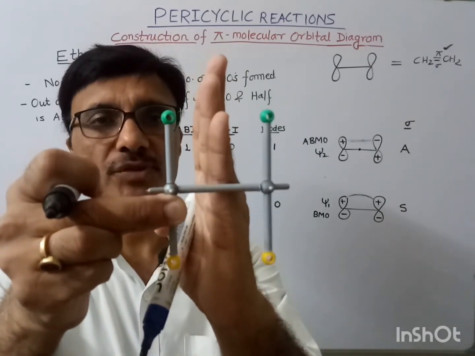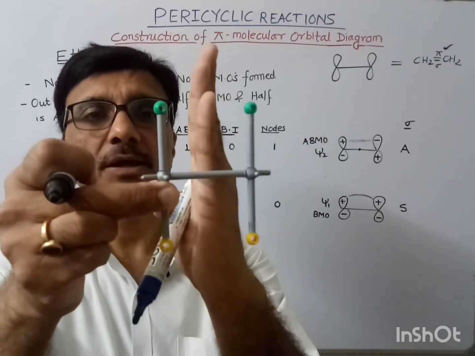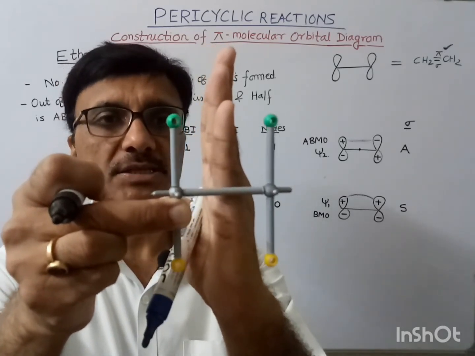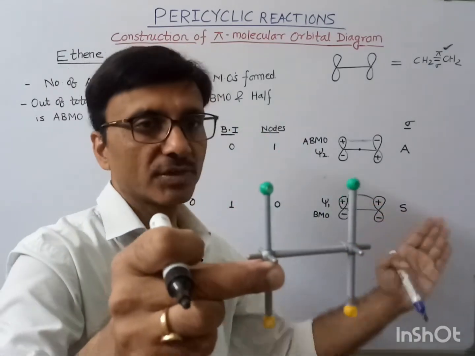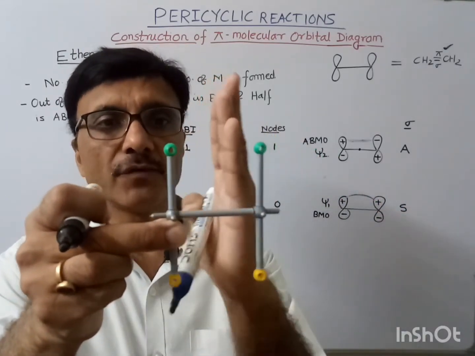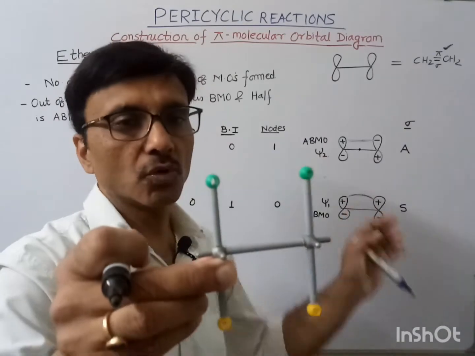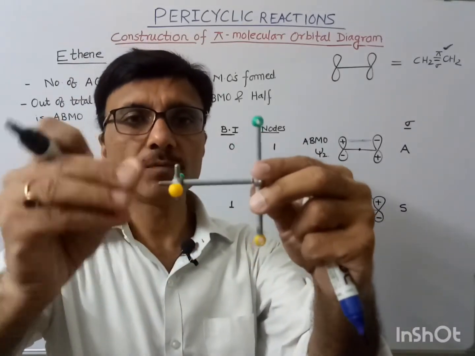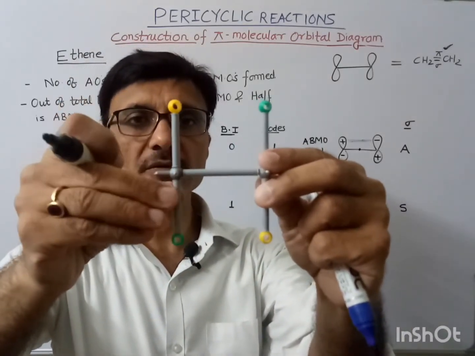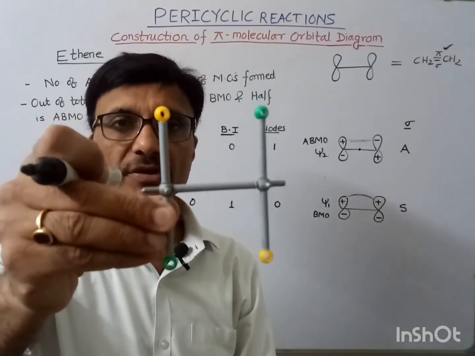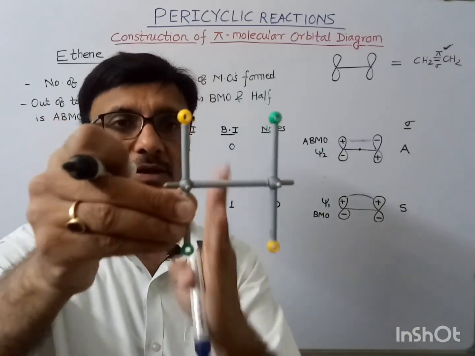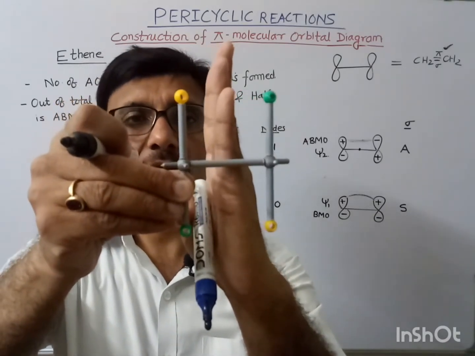So this is the mirror plane. Suppose this is the mirror plane. So that's why we can say that this psi 1 is symmetric with respect to the mirror plane. Whereas if you see psi 2, suppose this is our psi 2, and now whether this is symmetric with respect to the mirror plane, if I pass a mirror here, then